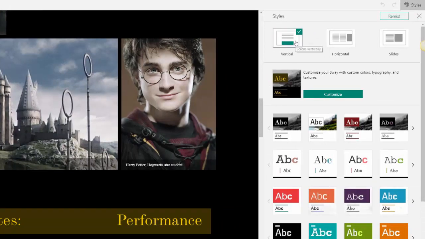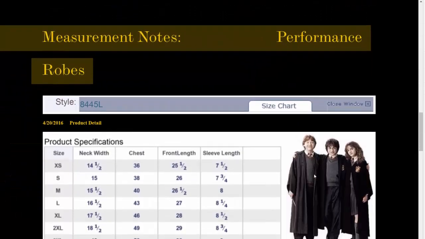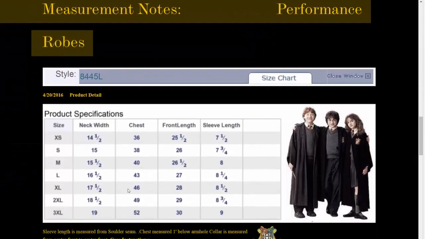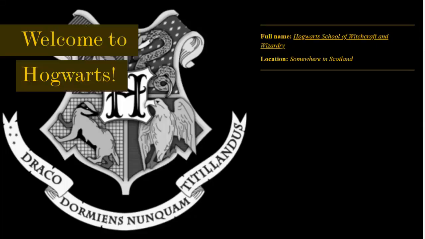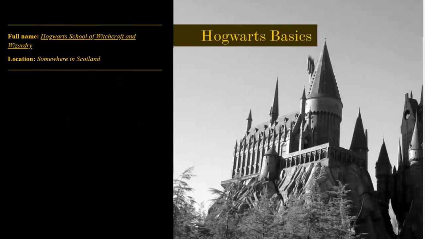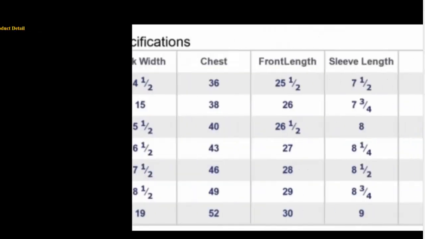If our Sway is in the vertical layout, like it is now, you can see that the platform layers them to make the PDF look the way it did originally. We can see all of those elements coming together. However, if you choose to reorient your Sway horizontally, like so, the illusion is going to be broken. So if we go here, we'll see that all of our elements now come together in a way that's not really all that seamless.